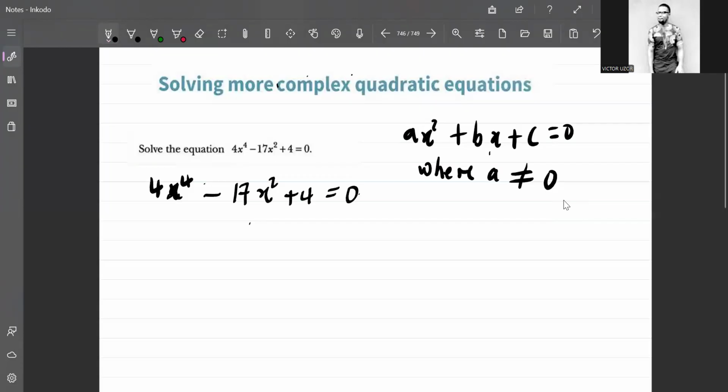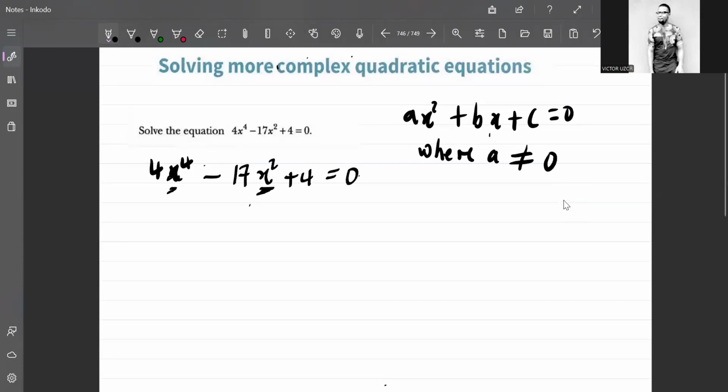The first thing I want you to do is that whenever you look at an equation that looks like a quadratic equation, but it's not, check the variable that's supposed to be just x that does not have a power. Check, can it be the multiple of the first one? Like, for example, let's look at this. This can be in the form of 4 times x raised to the power 2 in bracket squared,